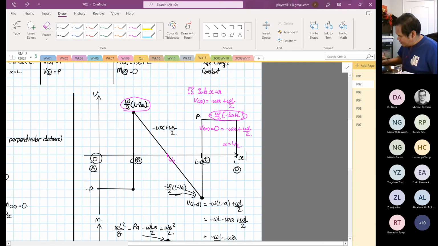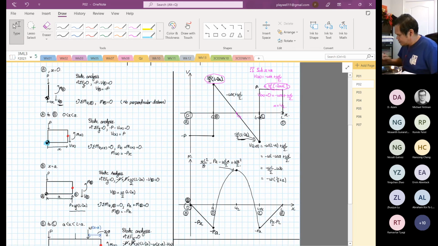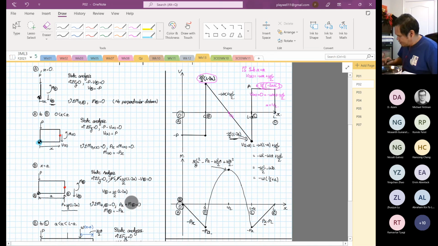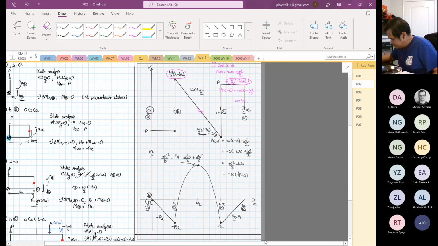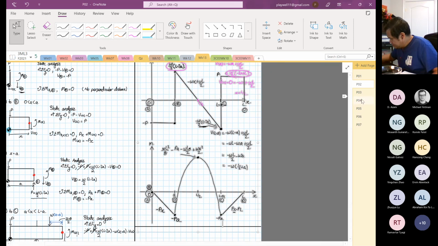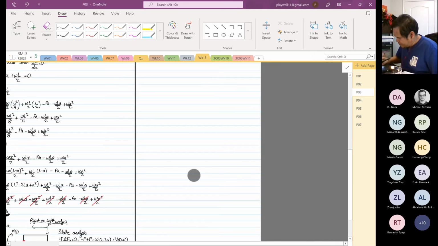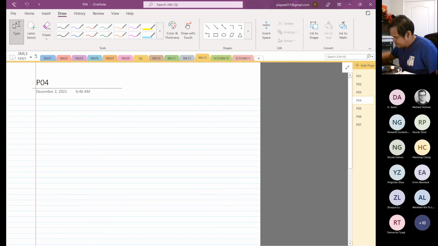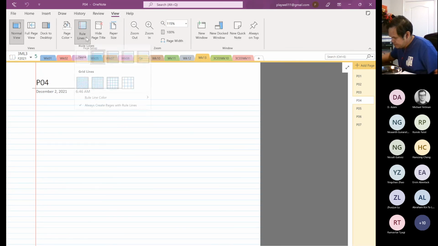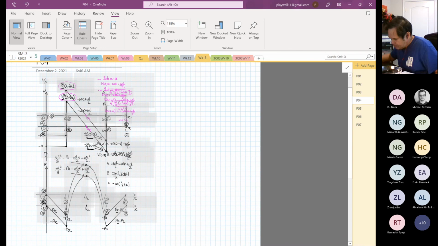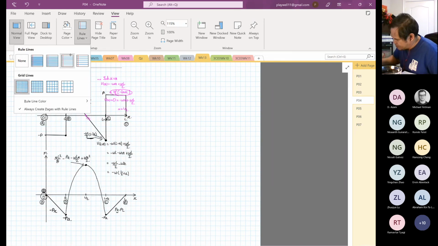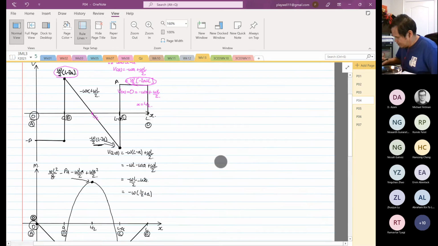Okay, so what I'm going to do now is look at the characteristic of our shear force and bending moment diagram. Okay, there is a very interesting relationship. Some of you will know, some of you might not. Does not matter. I'm going to describe what they are. So I'm going to copy the whole thing and start a new page. So there's some very interesting observation to be made. Okay, and I'll tell you